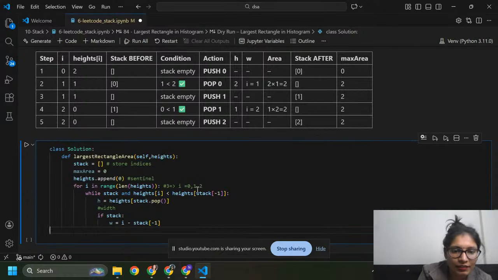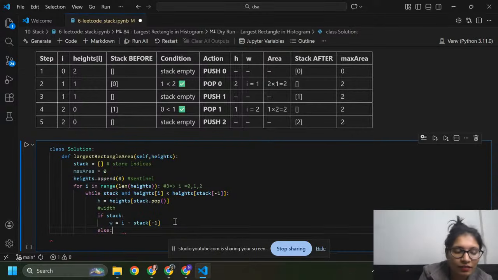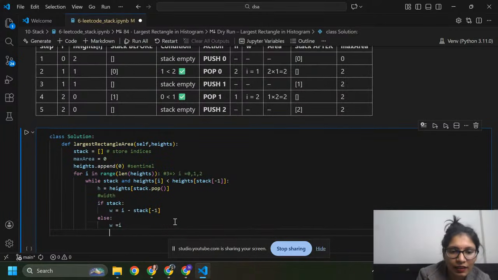And if this condition is false, then I'm going to execute w equals to I. And it is used to calculate the area.